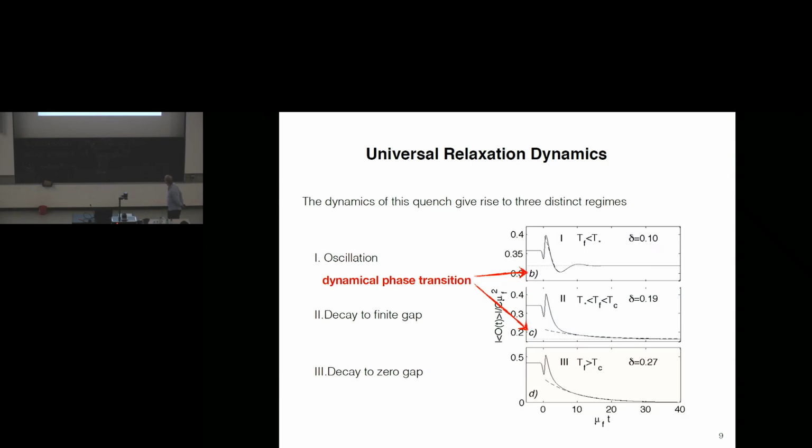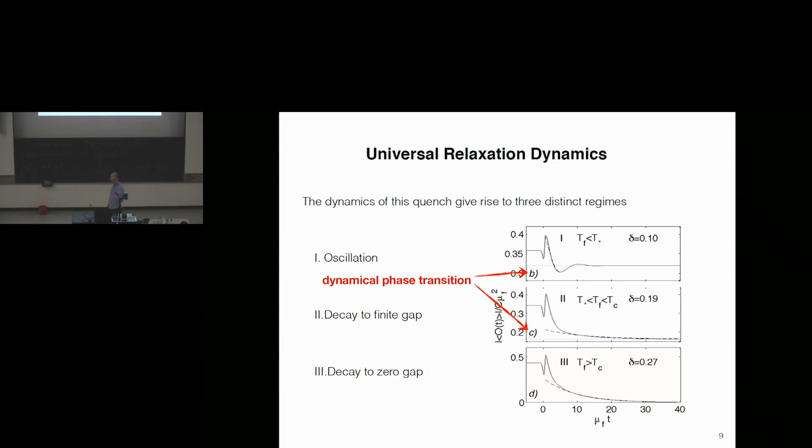You get a regime where basically the final non-zero order parameter is approached with an oscillation. So the order parameter is non-linearly disturbed as a function of time. It undergoes some oscillation, and then it hits the final value that it has at this effective temperature. There is also a mode where it basically decays completely without oscillation to a non-zero final order parameter. And finally, there is a decay where it goes with a pure damped decay to a zero order parameter. Excuse me. This is non-zero. This is zero order parameter. And essentially, you can label it by the final effective temperature of the final state.